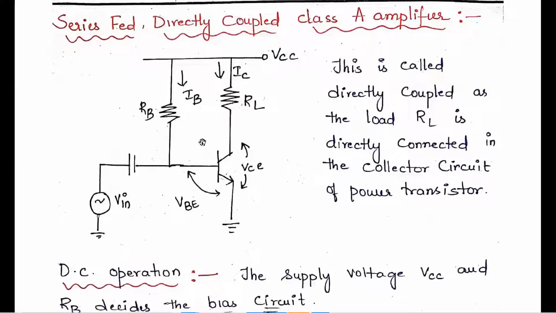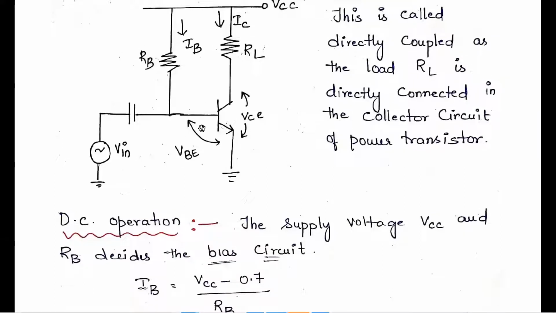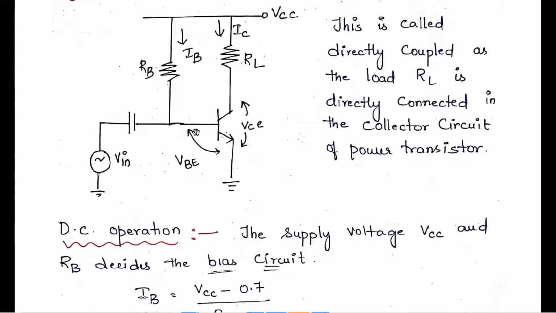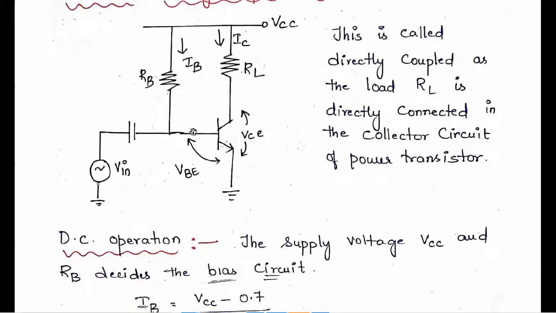Once we fix the operating point, we give an input signal. Now, because of that input signal, we have input current here, IB. From the transistor characteristics, whenever we have IB, since we are giving a sinusoidal input, IB also we are expecting to be sinusoidal, right? So we are having a sinusoidal signal here. Now that sinusoidal signal will be amplified and we get an amplified collector current.